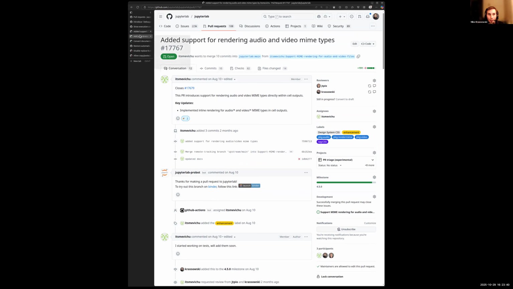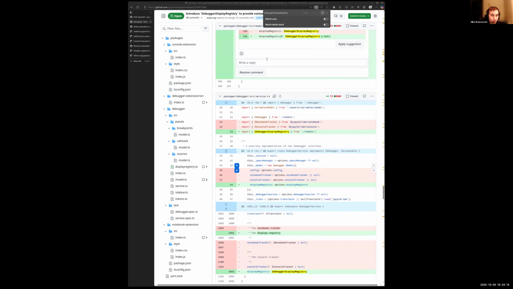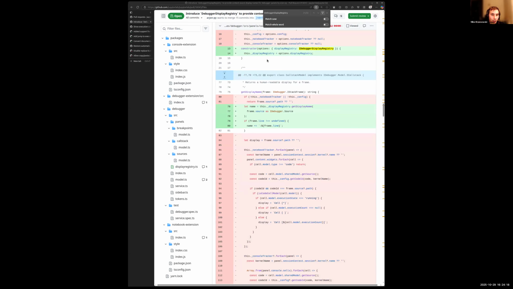And I wanted to discuss, does anyone have comments on the debugger? Should we wait with the release of 4.5 until that one is in? You mean delaying that PR after the 4.5 final release? Or well, the other way, should we wait with releasing the RC until that PR is in, or should we merge it afterwards? And that would